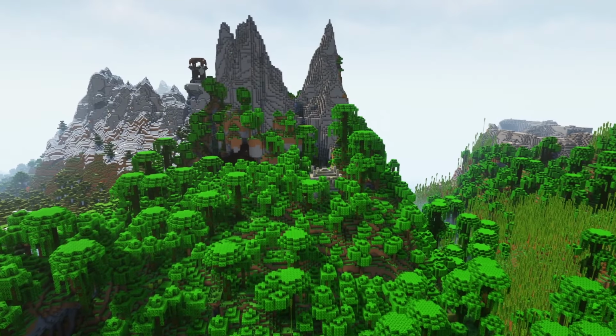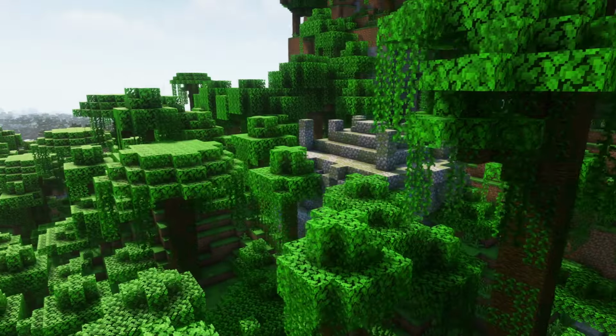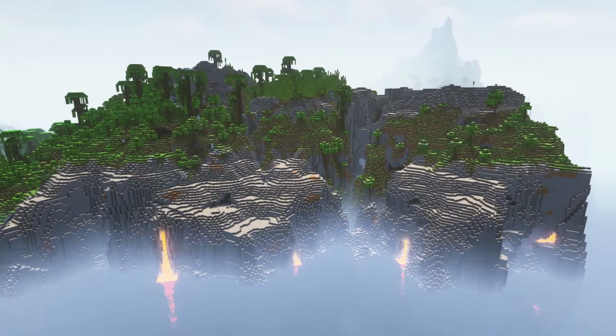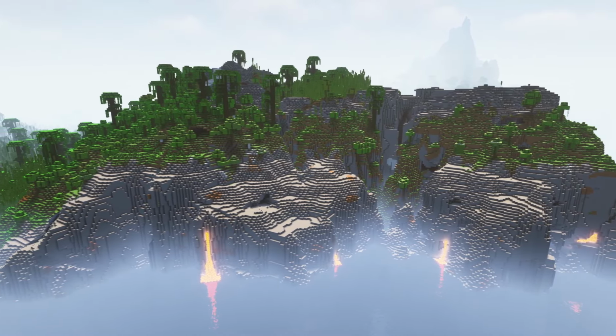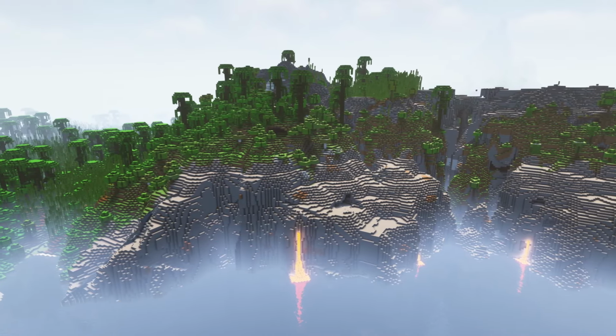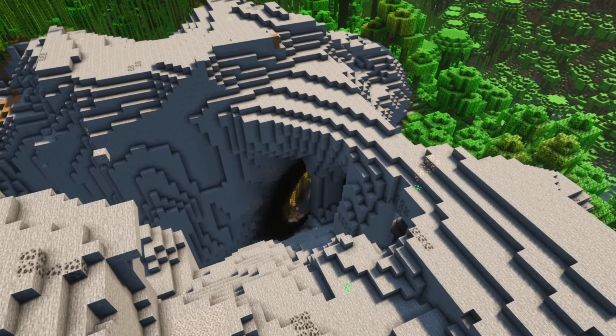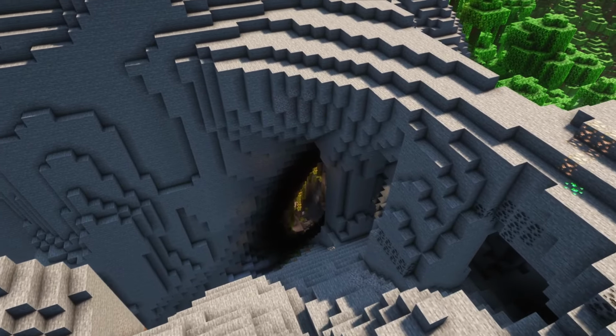Because if you fancy a jungle temple, how about that one? Nestled right up in the mountains. I don't think I've ever seen one that high. This coastline is simply incredible. The lava flows, the way the rocks are formed, the way the trees are coming down. I love it. And on your spawn mountain, you've got loads of exposed ores, including emeralds, and a lush cave